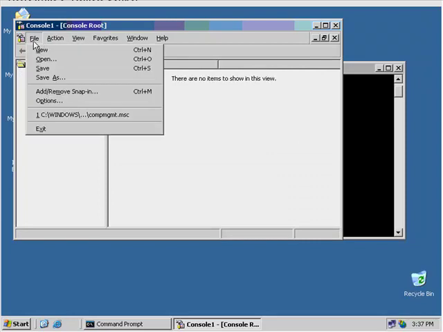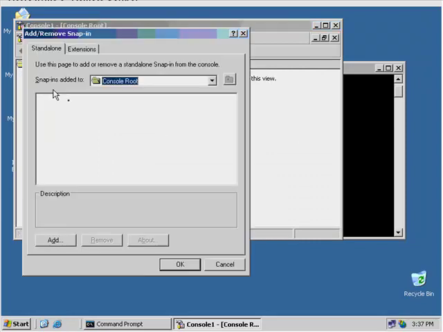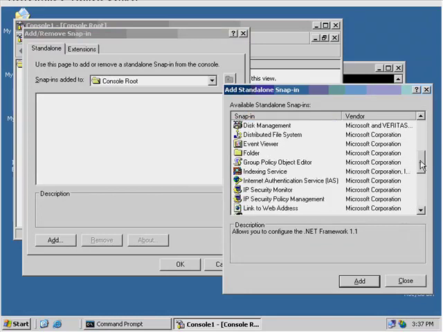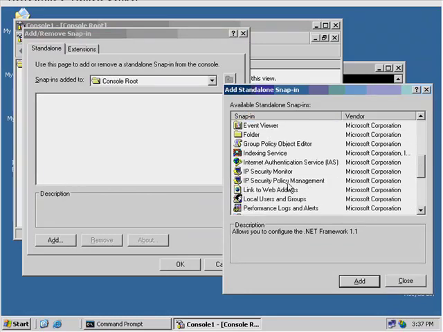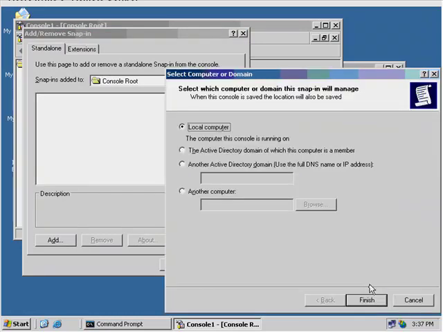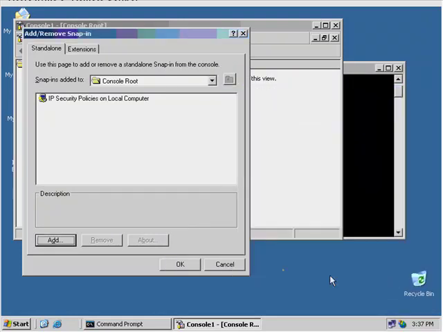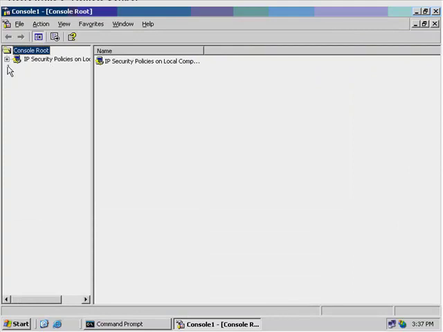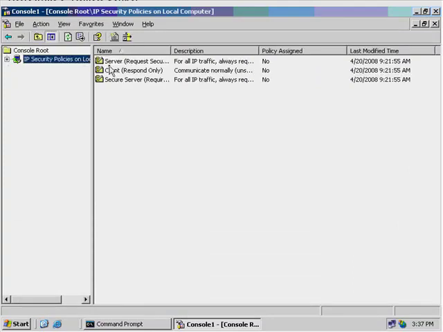MMC. So we'll go to the MMC, add remove snap-in, and we'll go down and find the IPSEC policy management console. We're going to add it for the local computer because that's the one that we're going to be managing here. We'll finish up with this, and when we get it open, we find that there are three